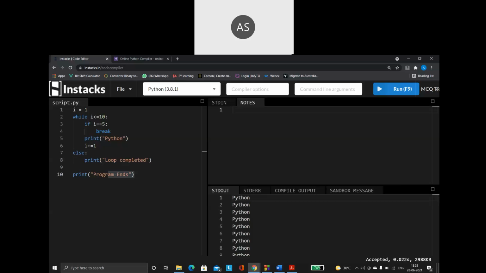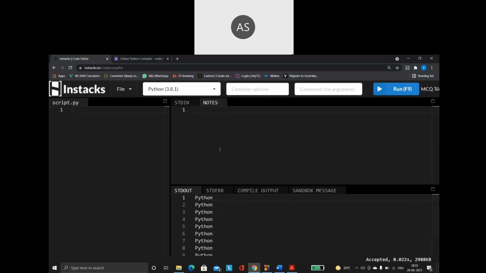Right. So now, going to the next type of loop we have in Python. I already told you in Python we have only two loops: the while loop and the for loop. We have just completed the while loop, so now going to the for loop. What are the different ways we can write our for loop? Please understand, in Python the for loop can be written in three different formats. We have the simple for loop.